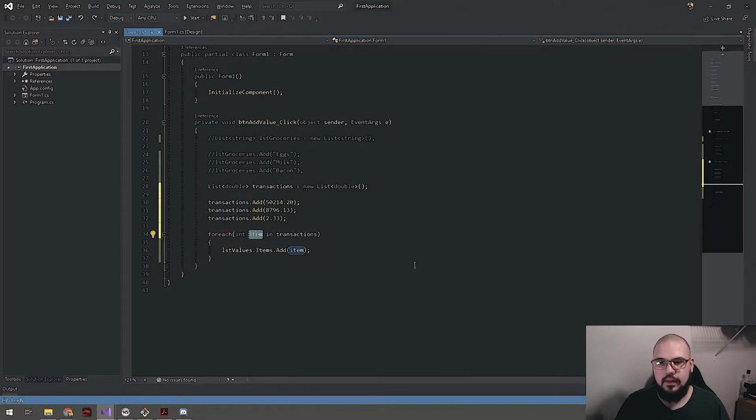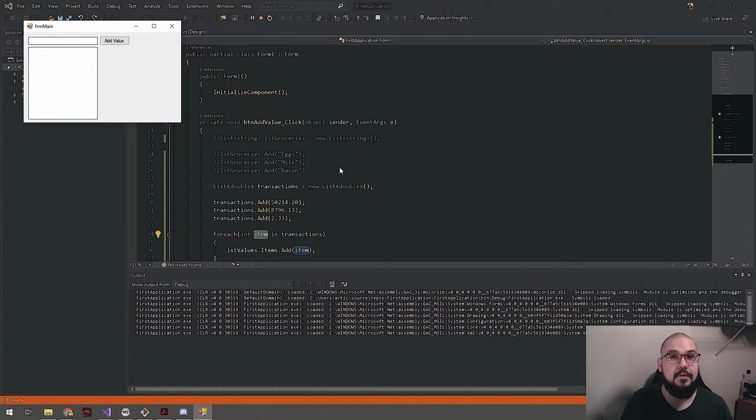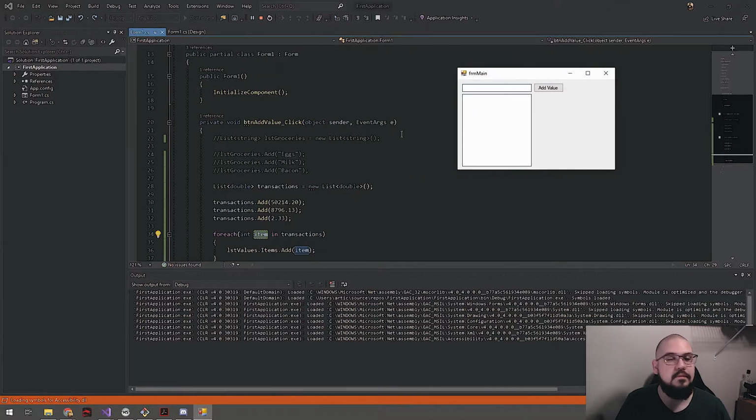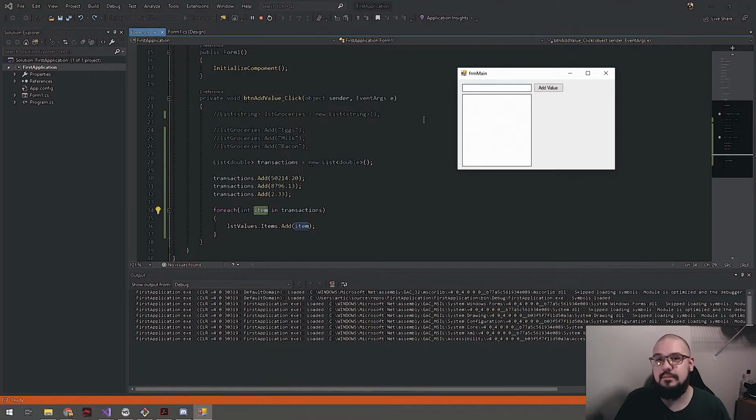Usually it will go through and allow you to auto rename your variable, and it will automatically update all of the calls to that particular variable. In this case, it just goes to show, by the way, that I am not perfect at this stuff by any means. Even the basics of Visual Studio kind of elude me, and there are a lot of settings to play around with too. We're going to hit add value,